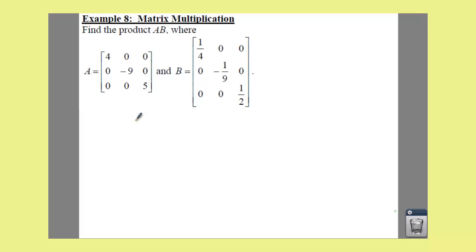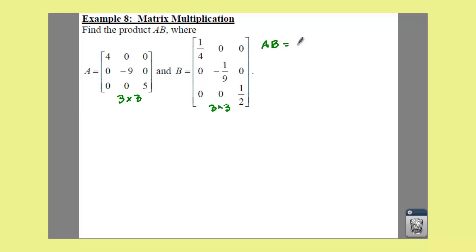Example 8 shows where we're going to have to do some matrix multiplication. Here we need to find a product of AB, where A is a 3 by 3 matrix, and B is also a 3 by 3 matrix. So since we're taking